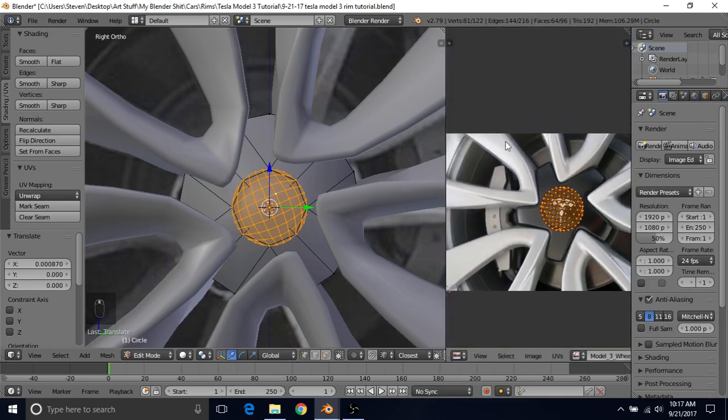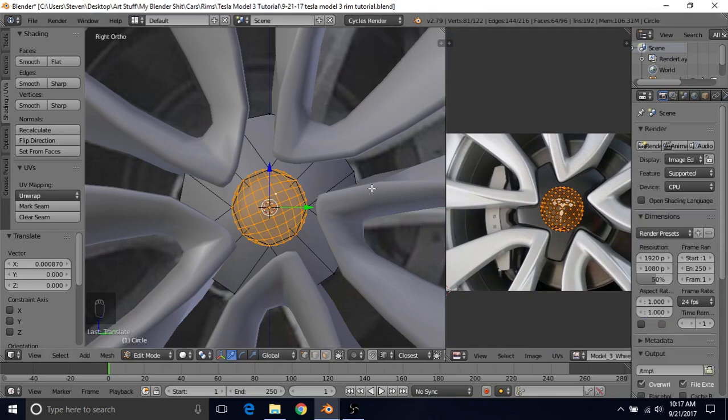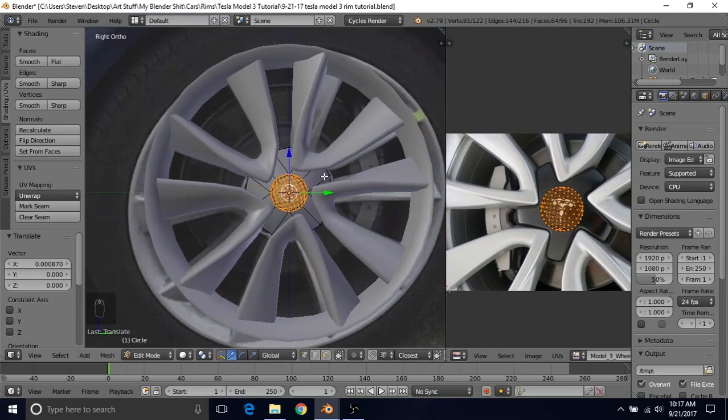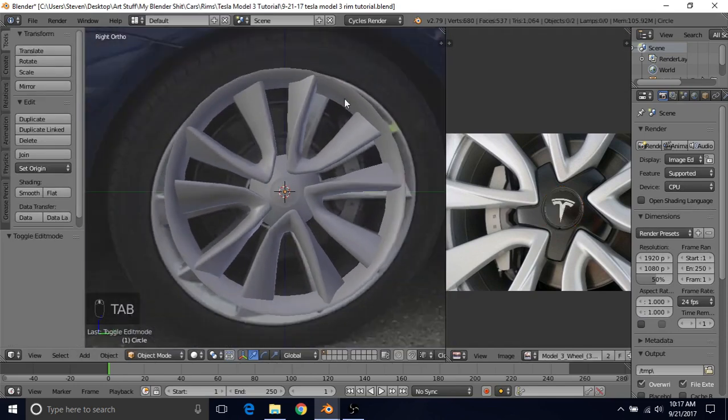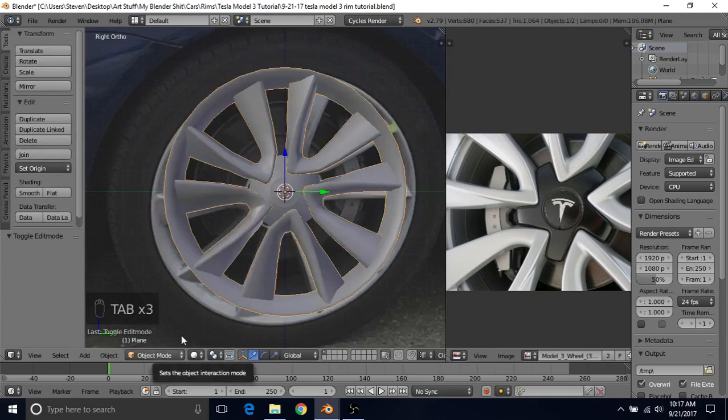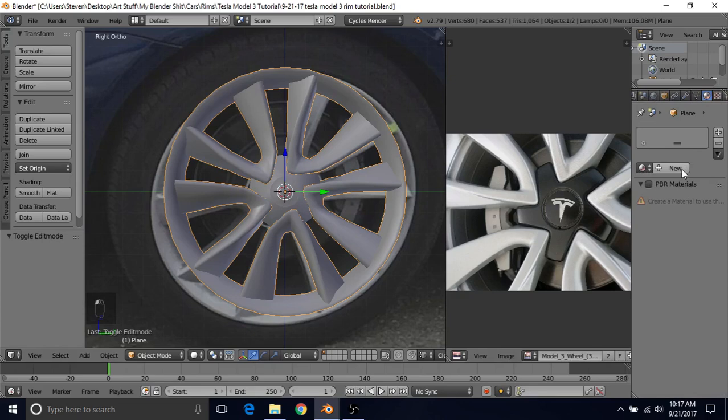So that lines up with that. Now what we want to do is go from Blender Render to Cycles Render, because that's a better rendering engine. And we're going to add some quick materials. So make sure you're in object mode, and then right click on the rim, and we'll go over here. Middle mouse click and drag, go to the materials panel, click on new,